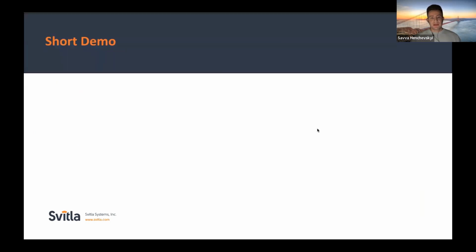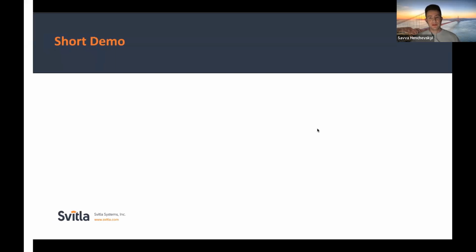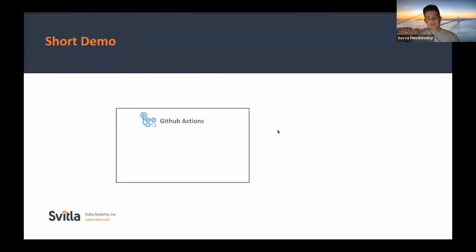So let's start with the short demo. In this short demo, I will show you a project which runs on GitHub Actions. Actually, I set up this whole demo project in GitHub. It has its own jobs in GitHub Actions. Also, the needed load agents will be set up in Docker containers in the distributed runners